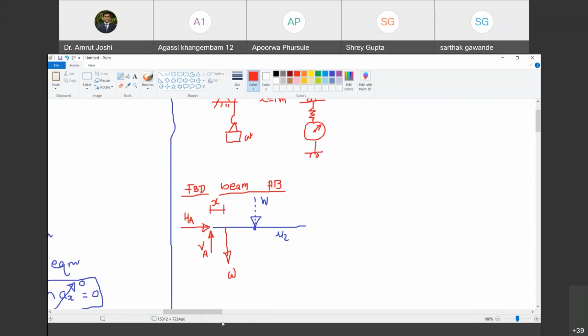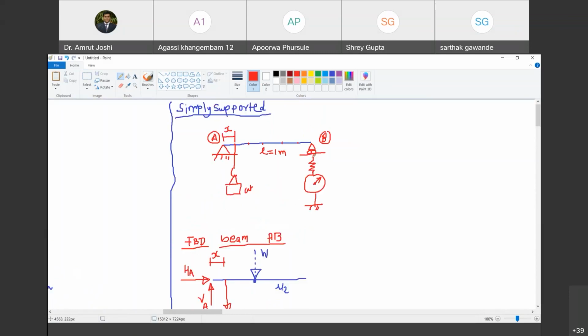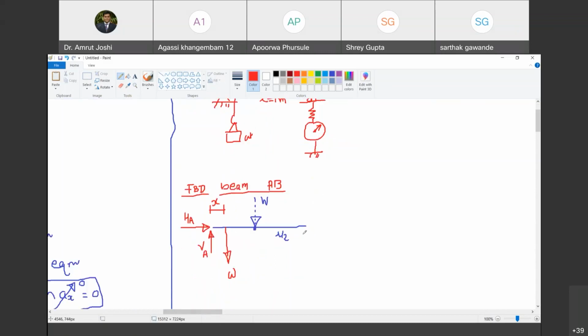Happy? Yes, sir. Okay. Now, is the support at B also external? Yes, sir. What kind of support is it at B? Roller support. What kind of reaction can it offer? Only a vertical reaction. Do you agree with me? Yes, sir. And as it can offer only one reaction, there is no question of calling it VA or HA. I will simply call it RB, the reaction offered by support B. Happy? Yes, sir. Okay. Now, is this free body diagram complete?